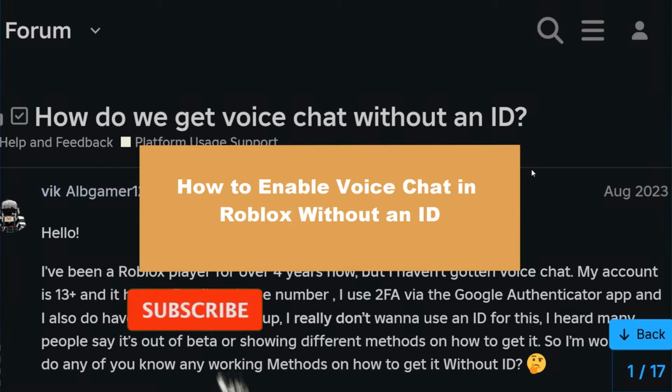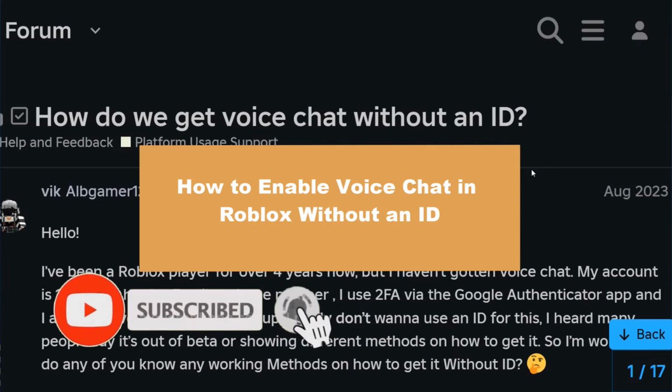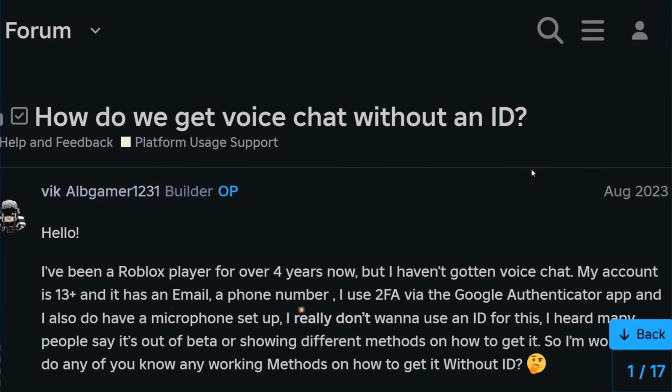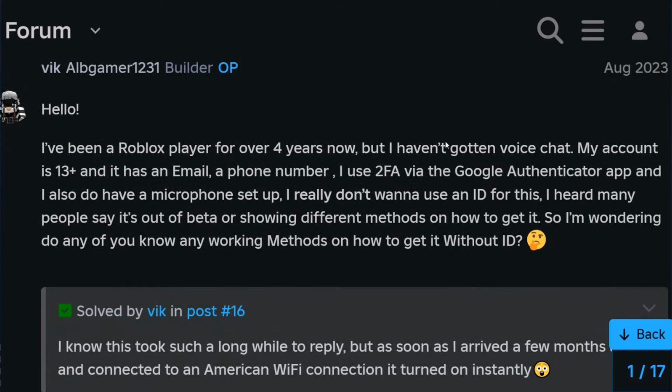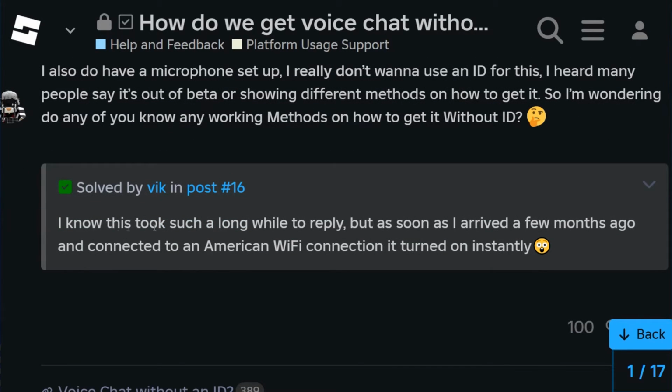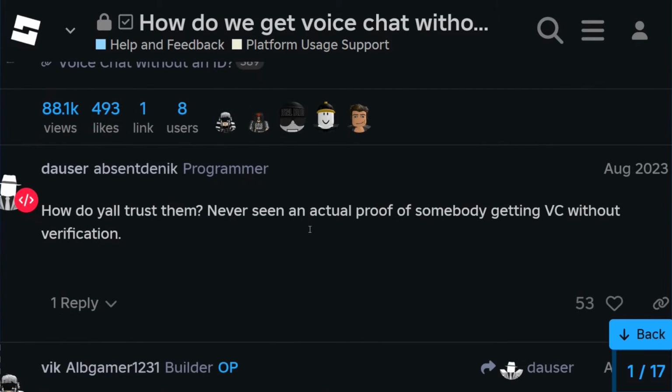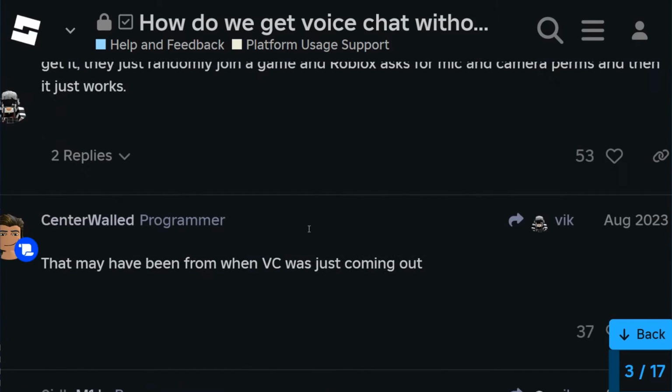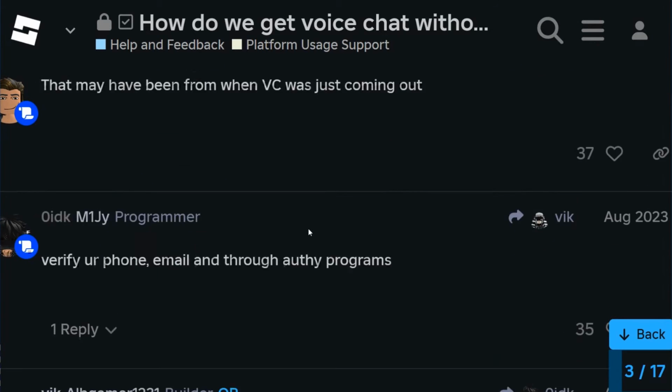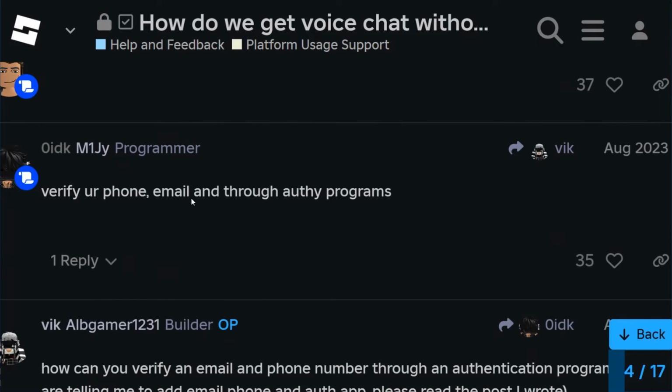This time we check how to enable voice chat in Roblox without ID. So let's start. I found this answer from the support on the Roblox official forum, so we can read what the users just said. For example, it says that a few months ago it connected to an American Wi-Fi connection and it turned on instantly. It also says that if you want to try it, you can verify your phone number and email